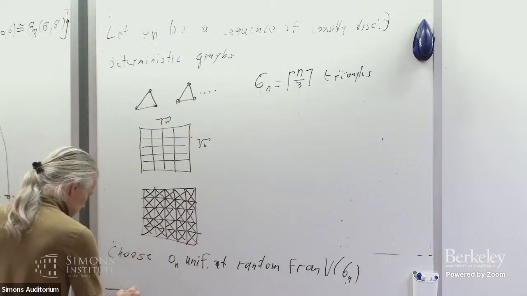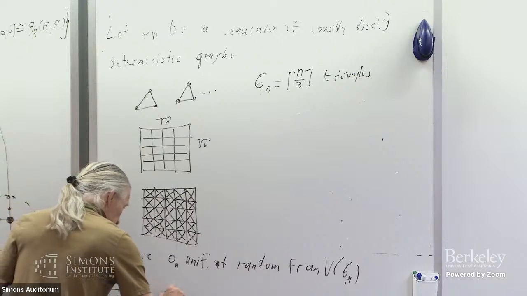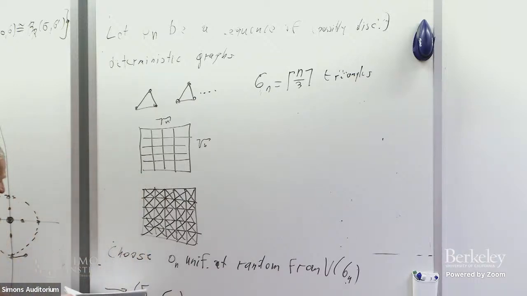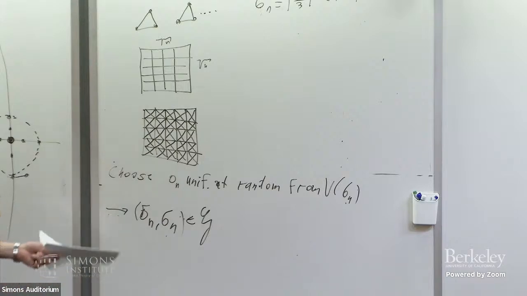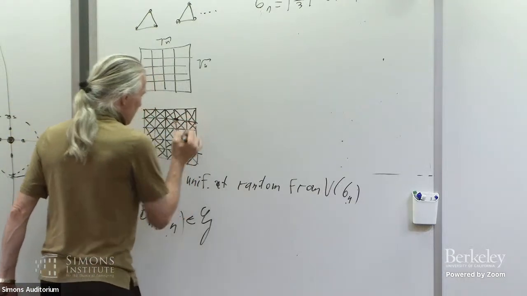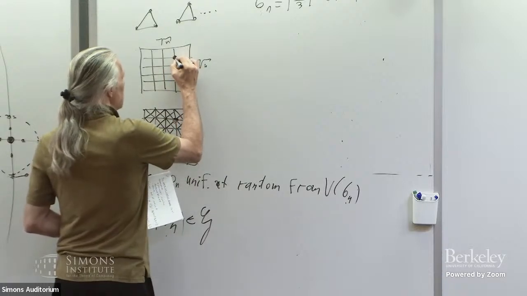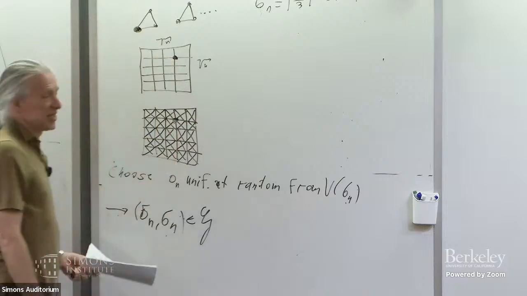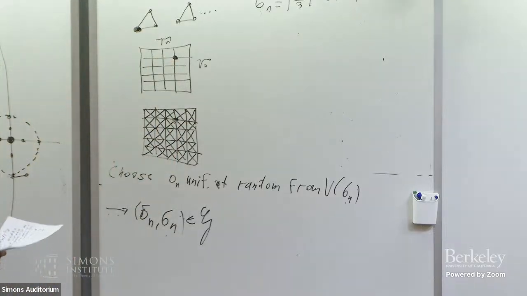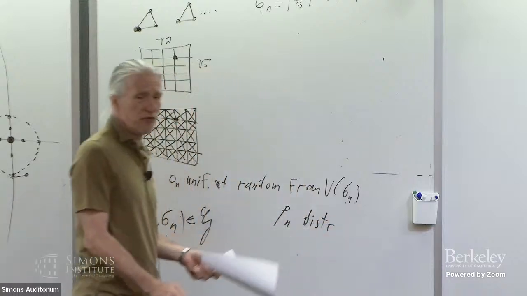Okay. So what does that give me? Can you still read it down here? So this gives me now a rooted random graph. If I fix this, this is just an element of my possibly infinite rooted random graphs. So this is an example, right? If I put a point here, you get some rooted graph. It's not infinite. If you put a point somewhere here, you get a different rooted random graph pretty soon, as that distance is larger than 1. If you choose this as your root, you get another rooted random graph. And so if P_n is the distribution, this is just a uniform distribution over your vertices,